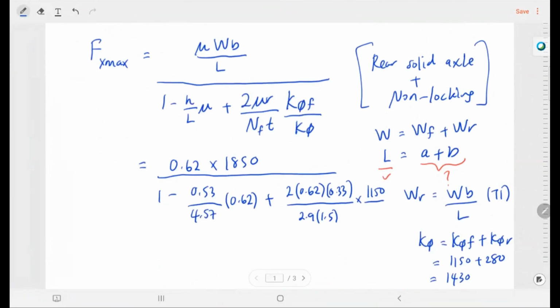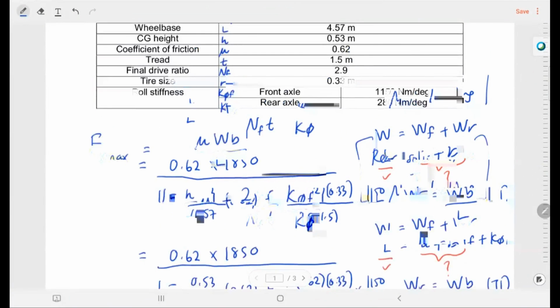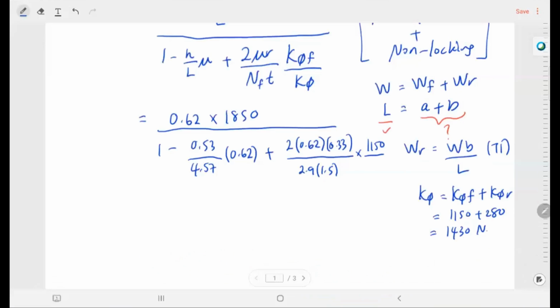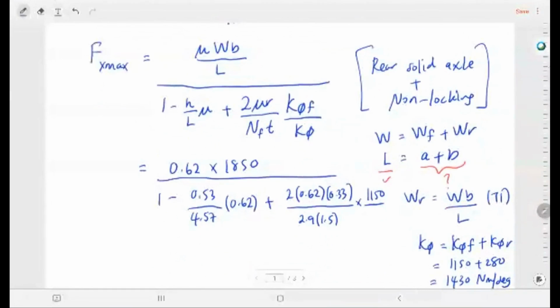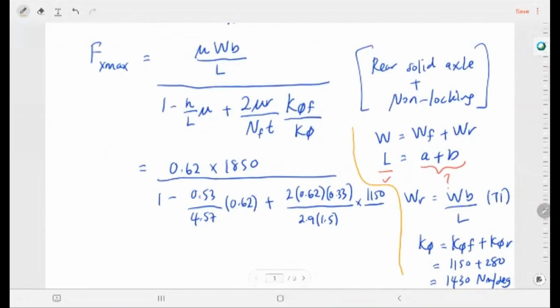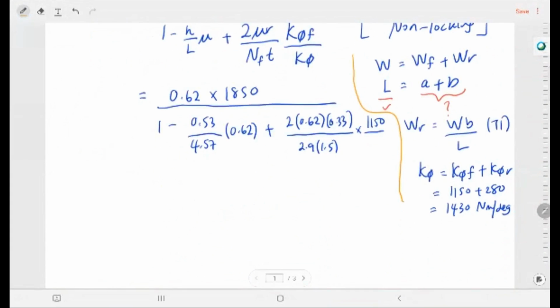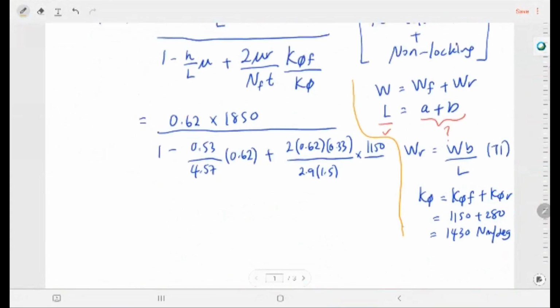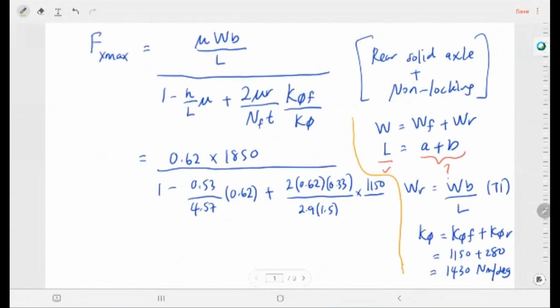Unit dia per degree. So, sekejap saya buat ni. Aku confuse. Okay. And then you can solve this equation to get the maximum tractive force for rear solid axle with locking mechanism for